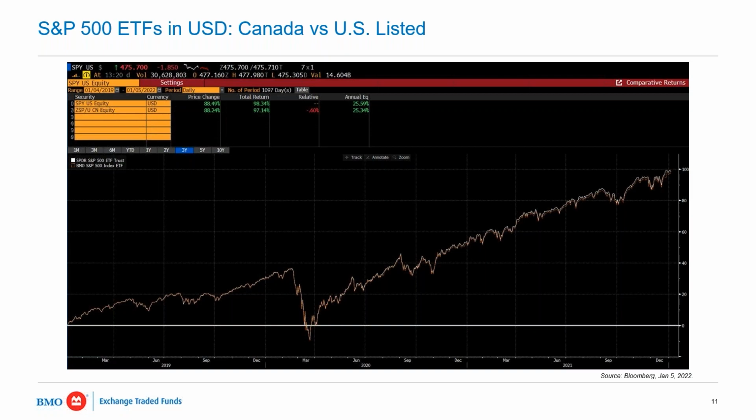So, like you said, a lot of times Canadians can have benefits in terms of keeping that ETF within Canada. So even if you have US dollars, trading on the Toronto Stock Exchange can help mitigate tax issues. It can help mitigate other cross-border issues and just keep things simpler for investors, and simple is always good. So you can see you get the exact same exposure, but right here in Canada. Simple is better. I definitely agree with that.